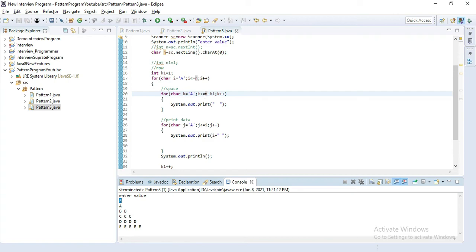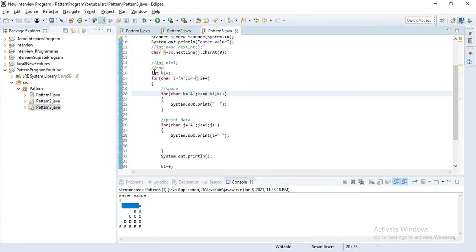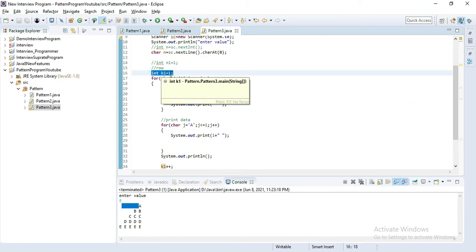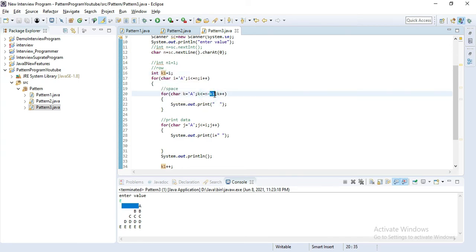Let's save this, run this, pass the character e here, and hit enter. You can see we got our expected output. So what we changed here: we simply defined one variable, stored a default value inside it, and subtracted that value from our n.